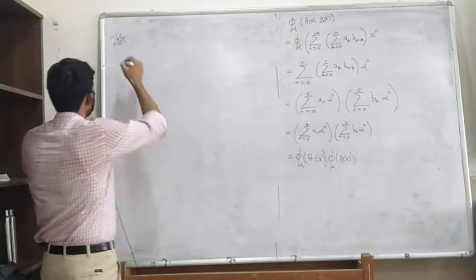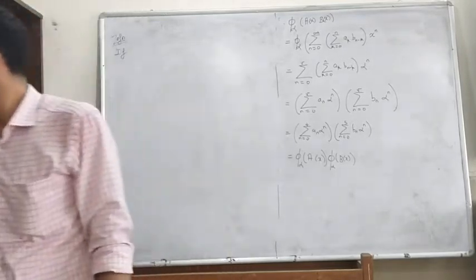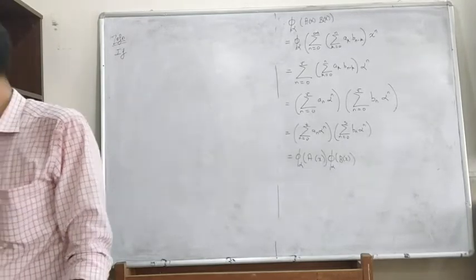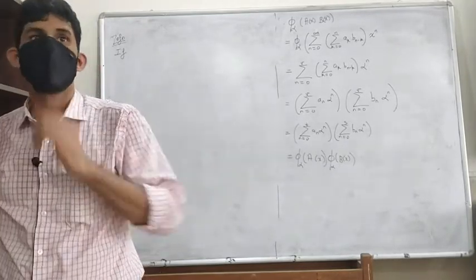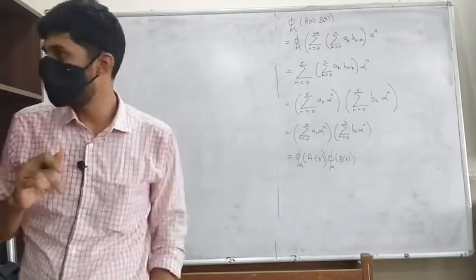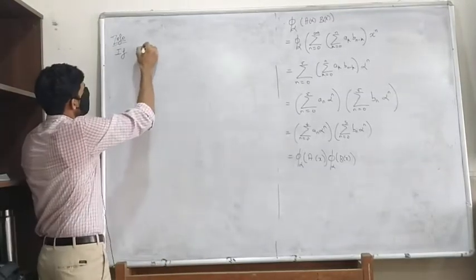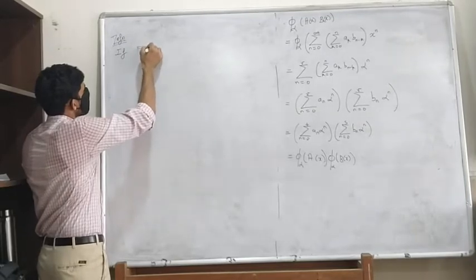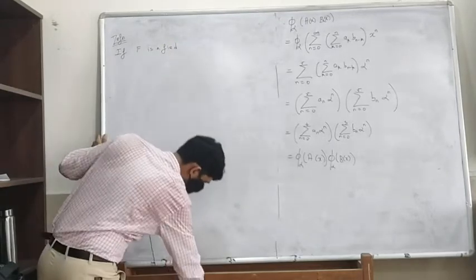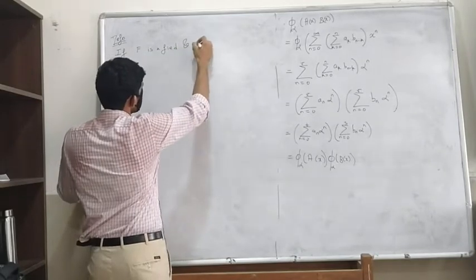If F is a field, in fact I don't even need to say a field, this is okay to define even in an integral domain, but let's just go with a field. If F is a field and alpha belongs to F